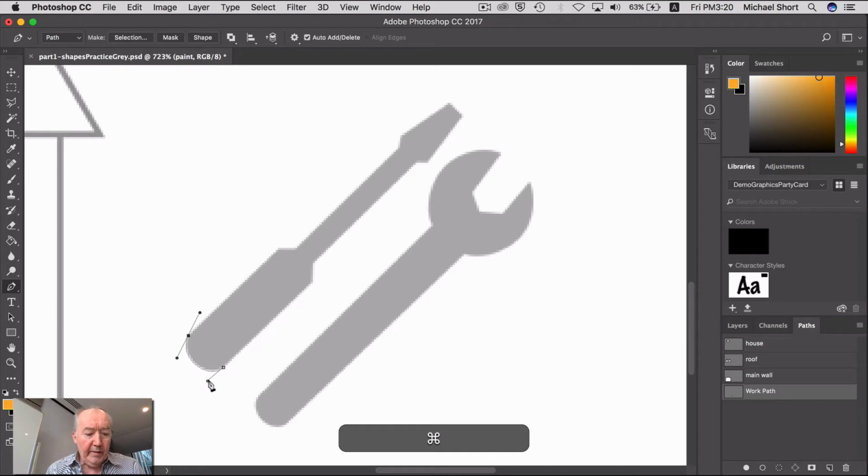And if you hold down the control key on the PC or command key on the Mac, you can bring out the direct selection tool and adjust the direction lines. With the Alt key or Option key down, just click on the point there to make a corner point, and then for the rest of the screwdriver you can pretty much do just straight lines, because that's what it is. Just work on those straight lines